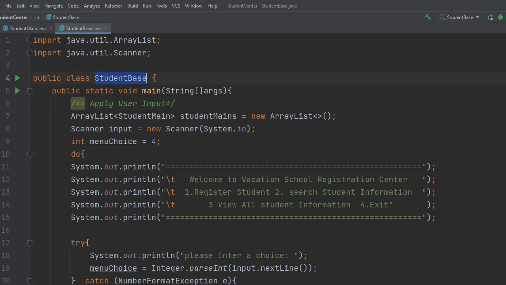Welcome to our student-based applications using the CLI, command line interface. In this tutorial, we are going to build student-based applications wherein we will ask the user to enter some information from the keyboard. In our previous tutorial, we have shown you the basis of how to build student applications using